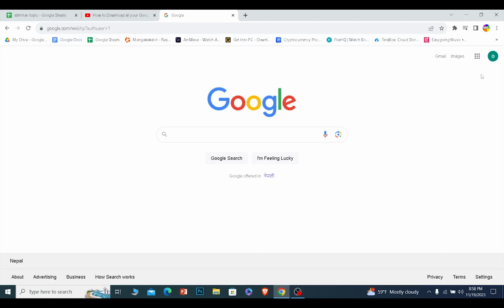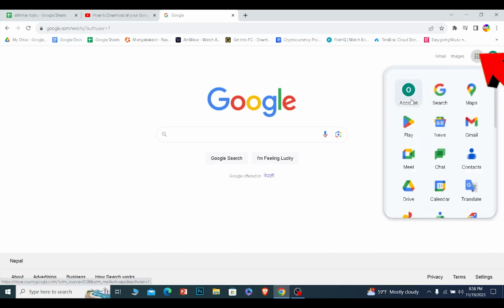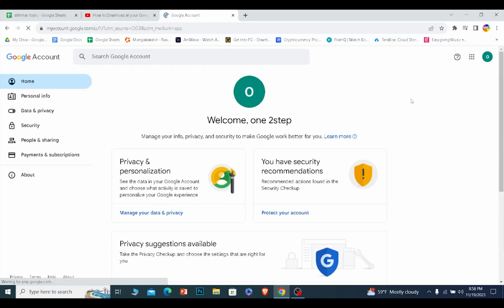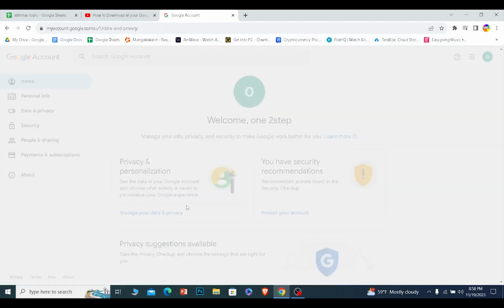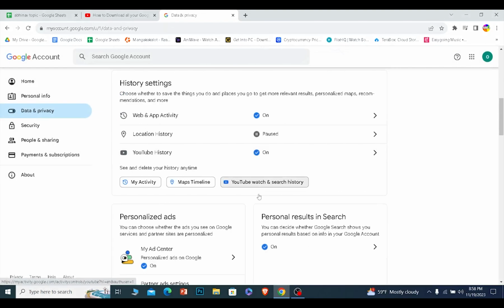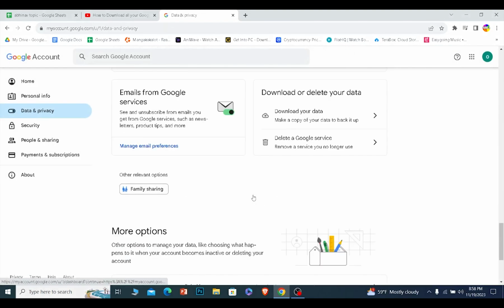First, you want to go to your Google account, and my Google account is currently linked to my browser. So what I'm going to do is click on this button and click on this option called Accounts. Now once I'm inside my account, I'm going to click on Manage Your Data and Privacy over here. Once I click on it, I'm going to scroll all the way down to the bottom until I find this